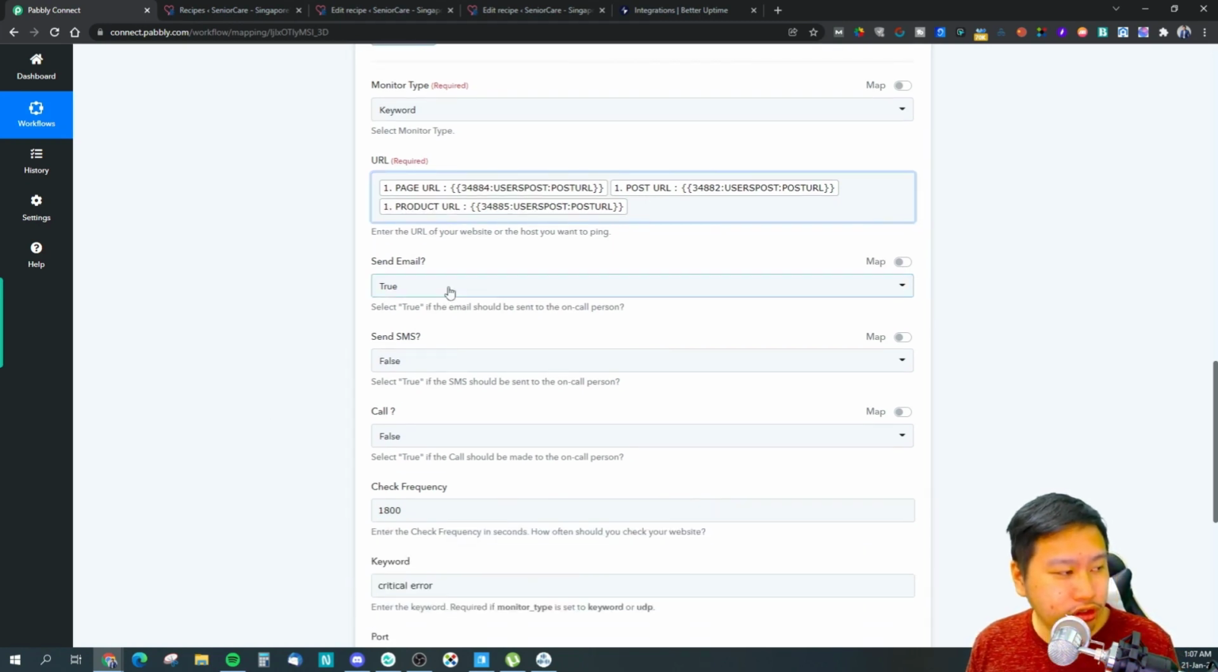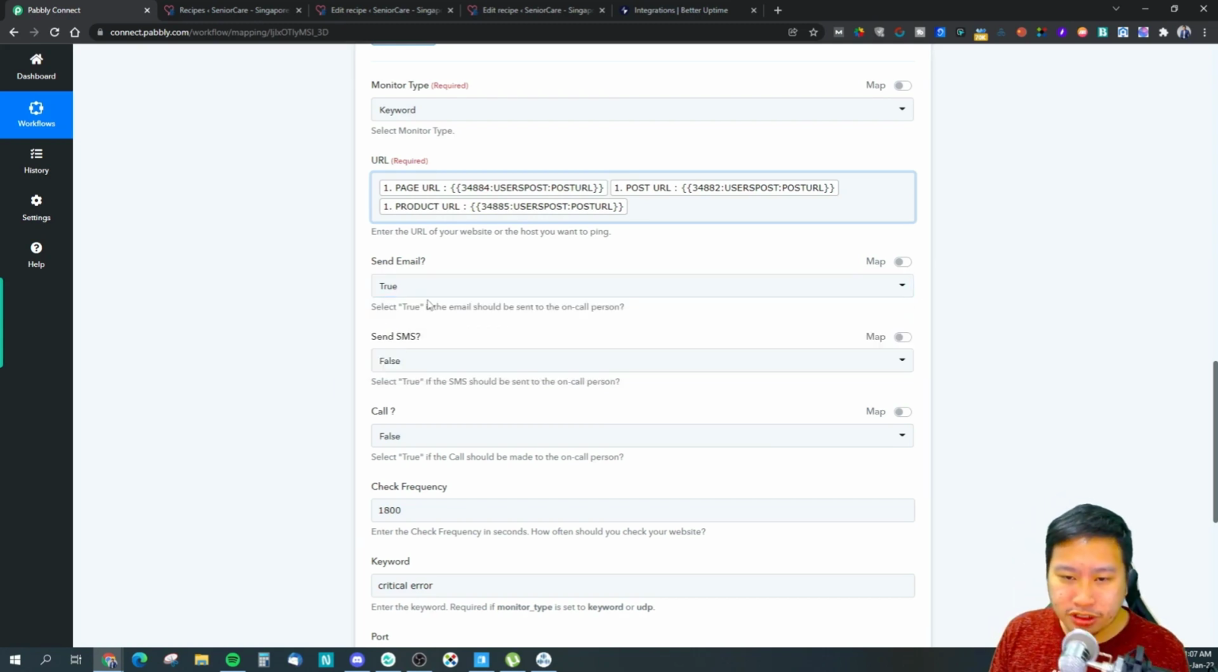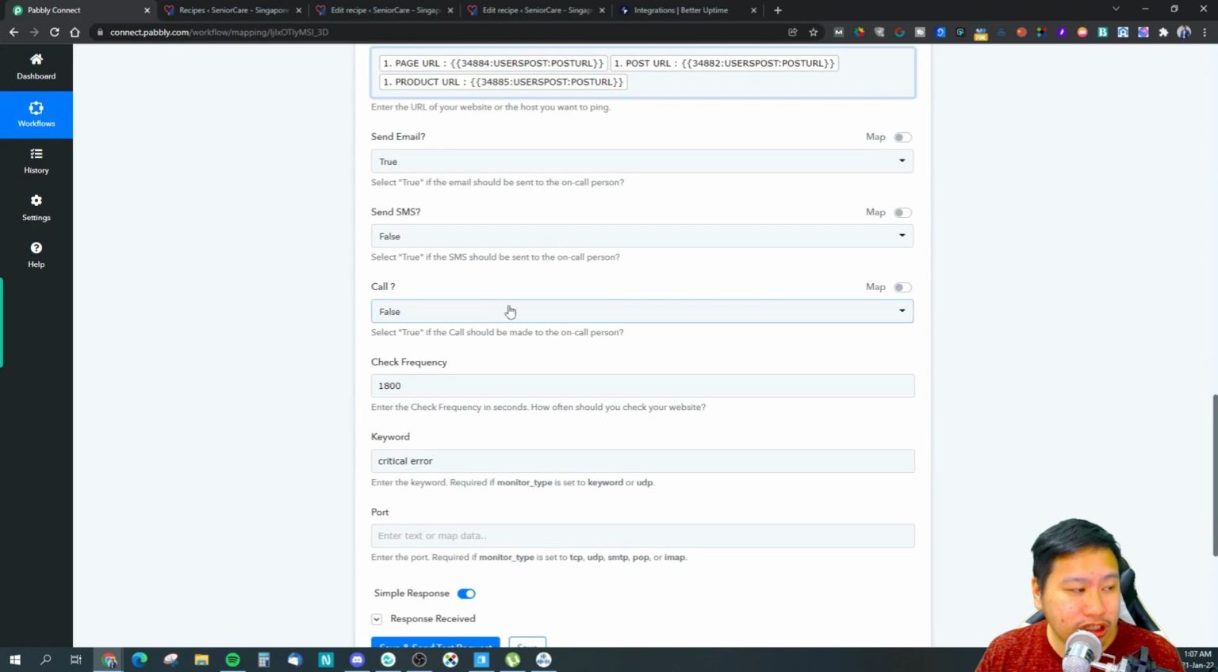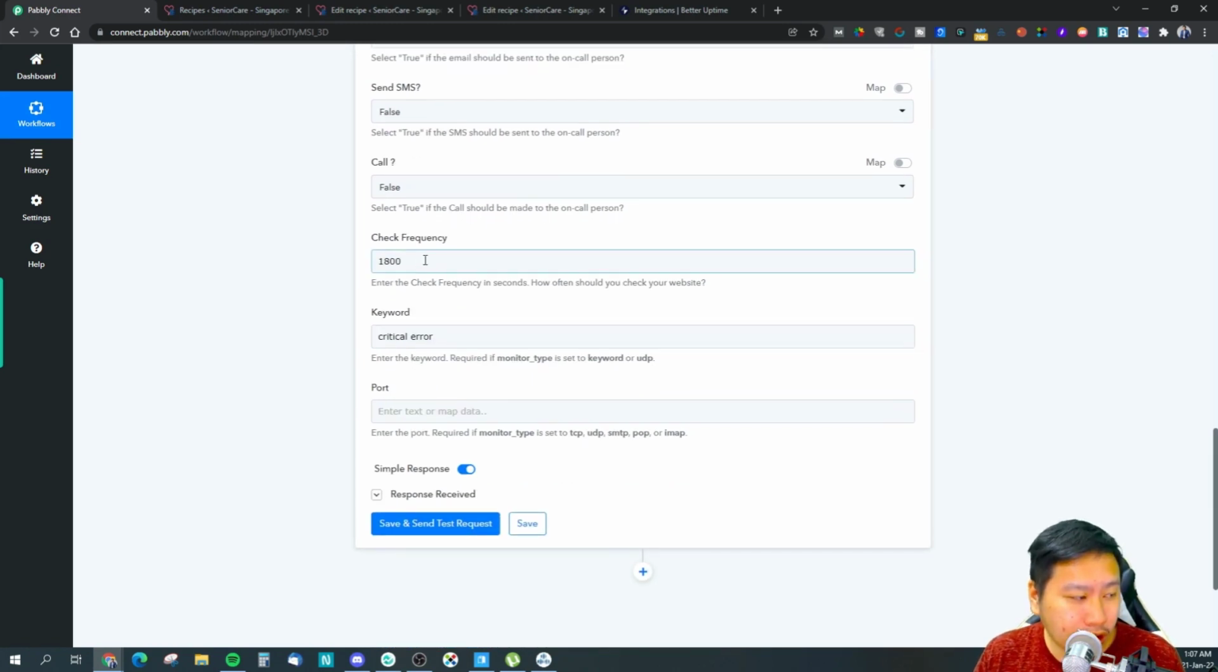And then you can choose if you want to send email. It's true or false right here. So you can choose if you want to send the email, if you want to send SMS, and if you want to receive a call. So these are the options. And what is your check